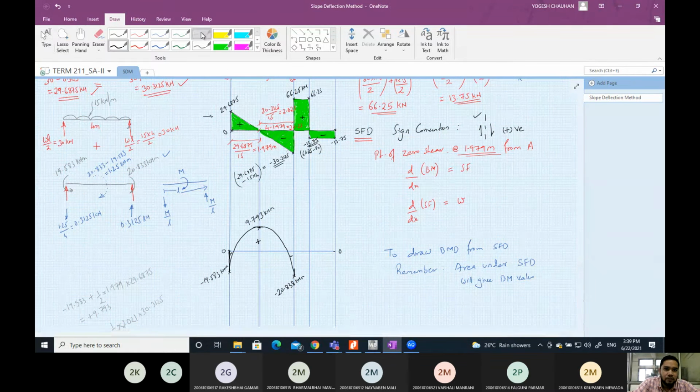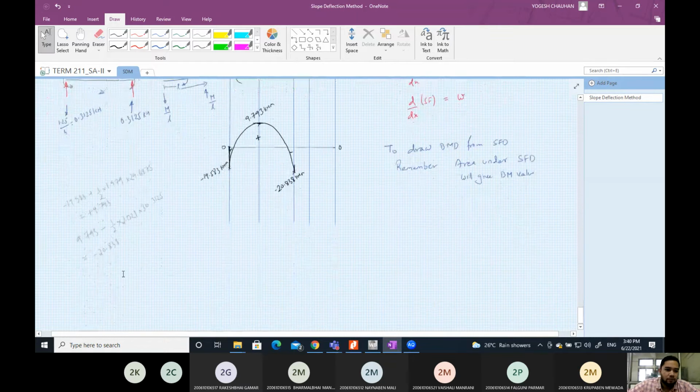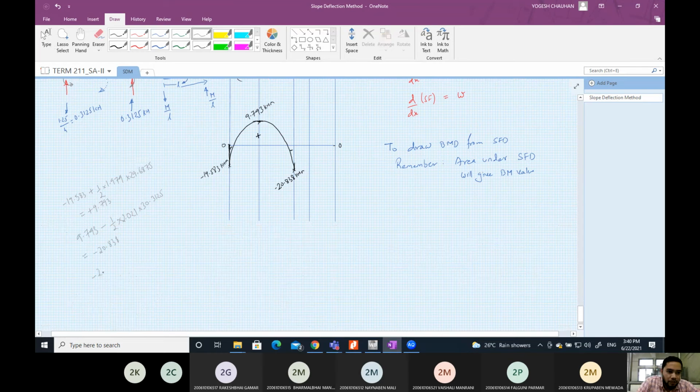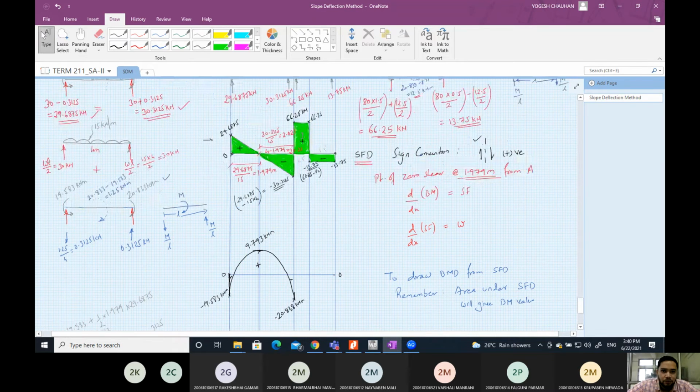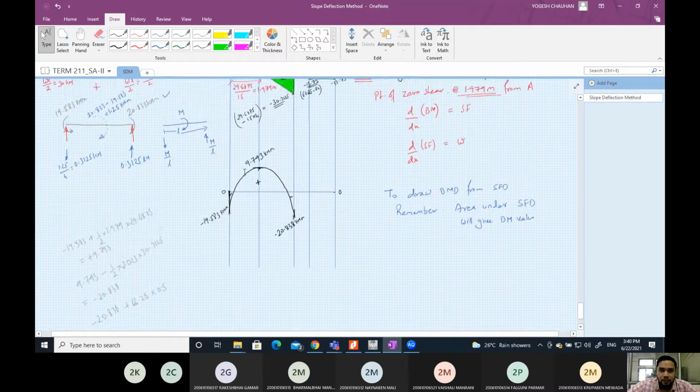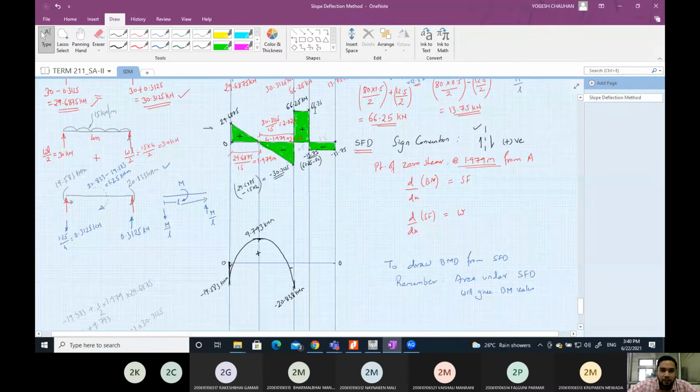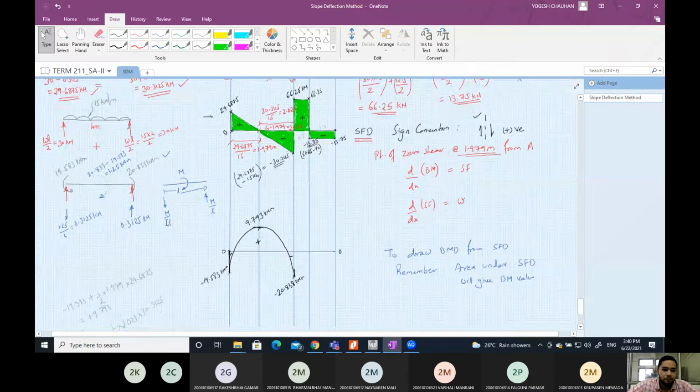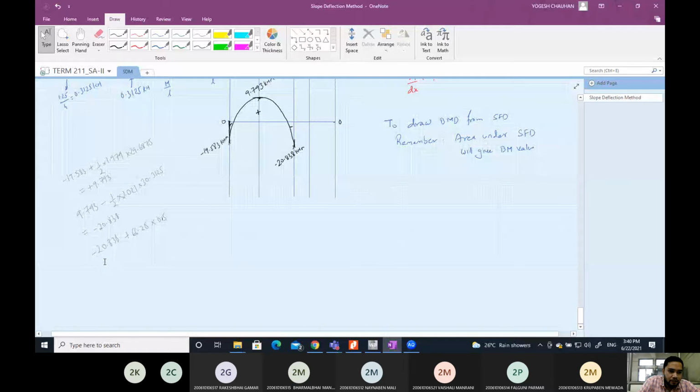You add this area. Area of rectangle will be height multiplied by the width. This is 0.5 meter. This is 1.5. So 0.5 into 66.25. So here for the third segment will be minus 20.838 plus, because this shear force diagram is positive, so plus 66.25 multiplied by 0.5, because this distance is 0.5. Area of this triangle will be 66.25 into 0.5. So you will get